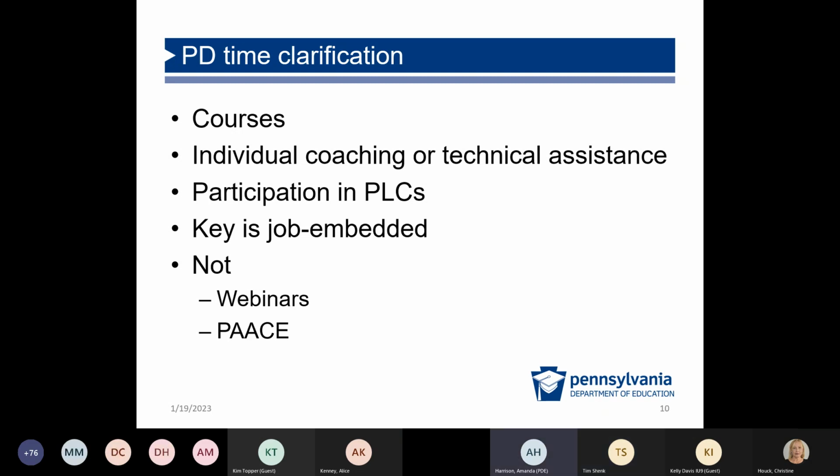What I would say is, courses that are done through our portal, I think Christine documents that in our portal, and if it's facilitated, the facilitators would know it. Aren't there certificates when people complete the modules? Individual coaching or technical assistance, there would obviously be documentation that that's happening. Participation in the PLCs, I'm sure have some kind of record that the staff are doing that. Okay, thank you.